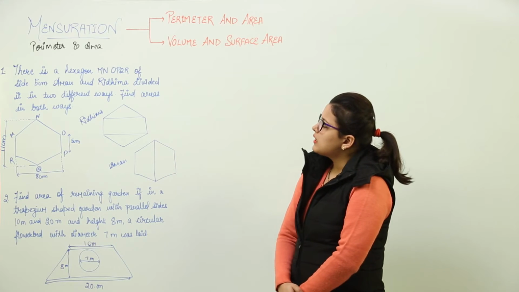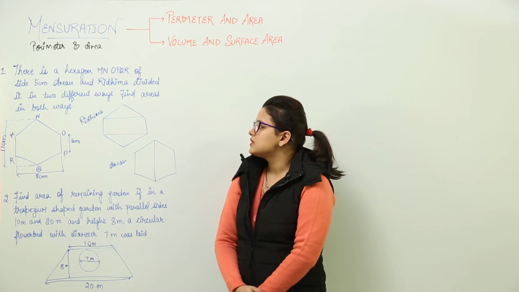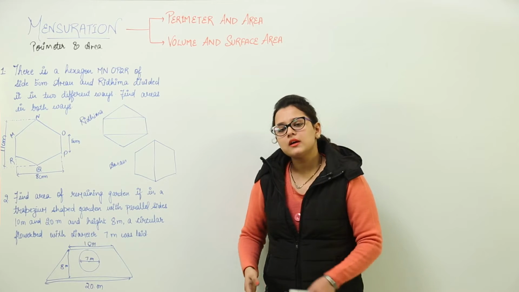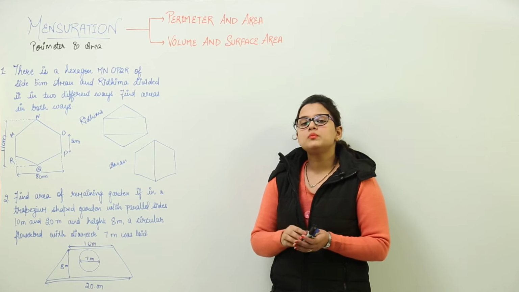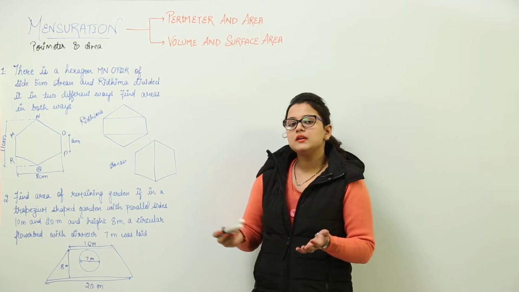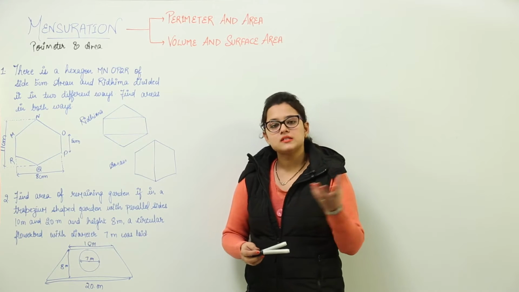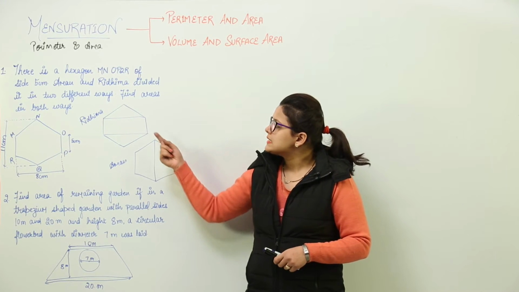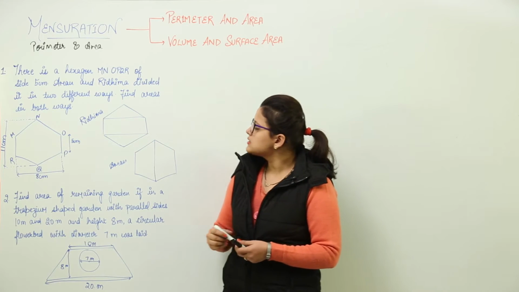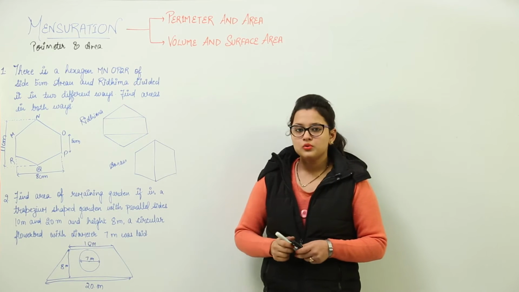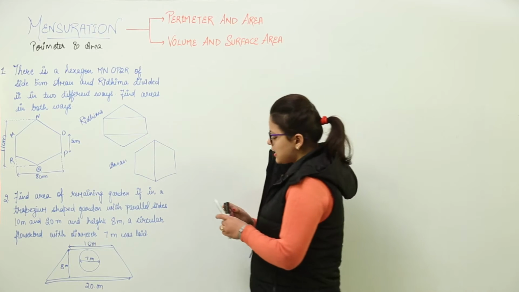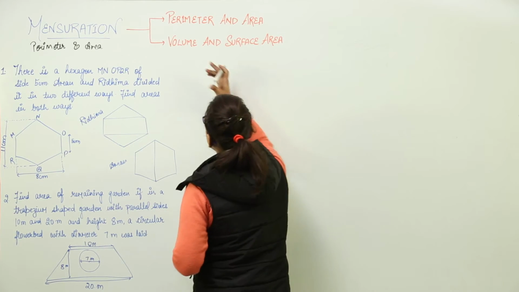Now Aman and Ridhima divided it in two different ways. As we have discussed earlier, the polygons that we get can be divided into different shapes as per our own requirement, and we can calculate the area by calculating each area and summing that up. Now over here we can see Aman and Ridhima's division, right? Ridhima has divided the shape into 3 parts, whereas Aman has divided it into 2 parts. We have to calculate area in both ways, right? Let us start with the first one, that is Ridhima's area.